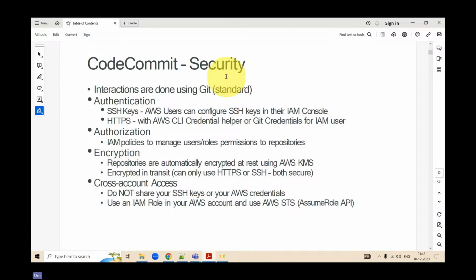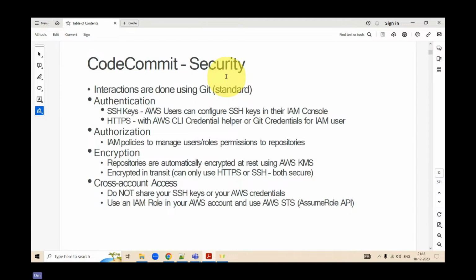Second, as I told you, if you are a junior person in the civil services, you won't be given access to the entire data of the US government, correct? So let's say out of 100 GB of data, if you're only given 1 GB access, that means you are authorized to work on only 1 GB of data.